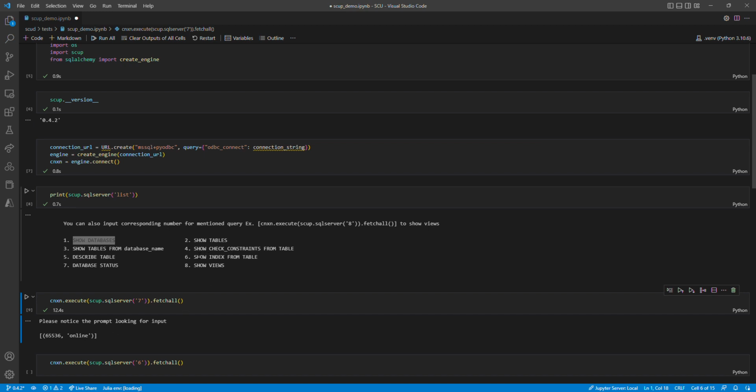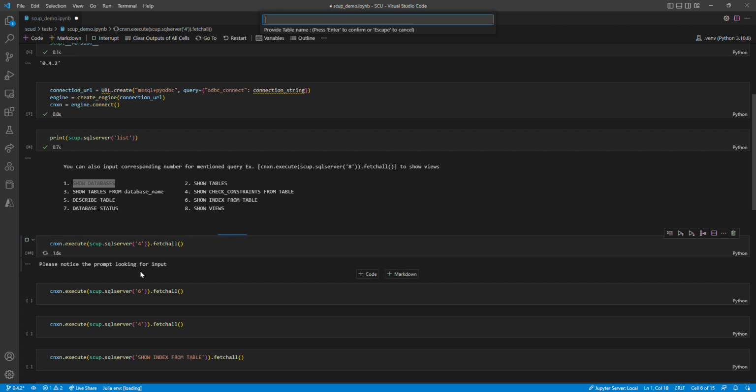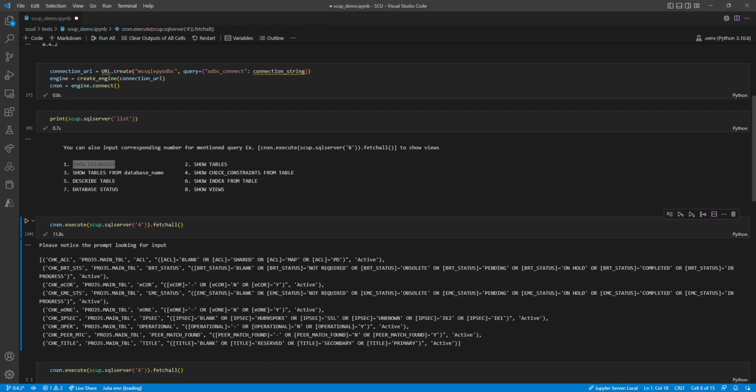Let's try this one. Check constraints from table, which is number 4. So I'll say number 4, and probably it will ask me for the table name or the schema name. So again, please notice the prompt, and it's saying what is the table name. So I'll say main underscore table. That's one of the tables I have in my database, and you can see it has listed down all the